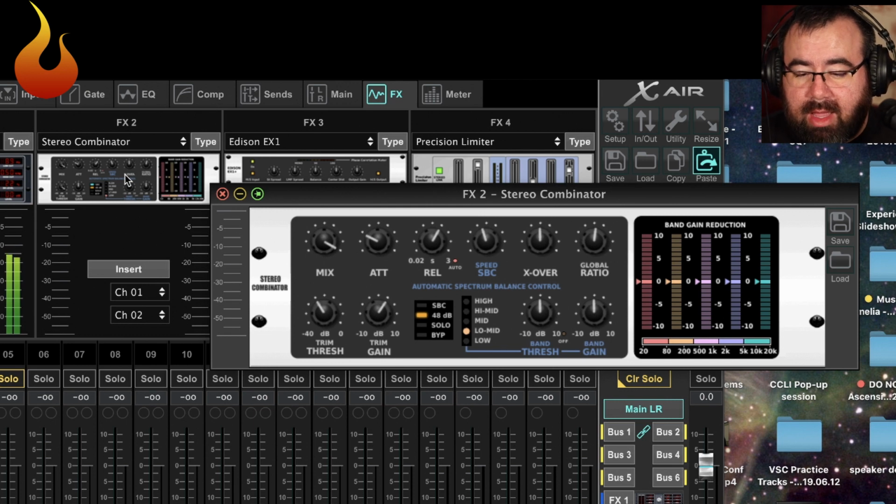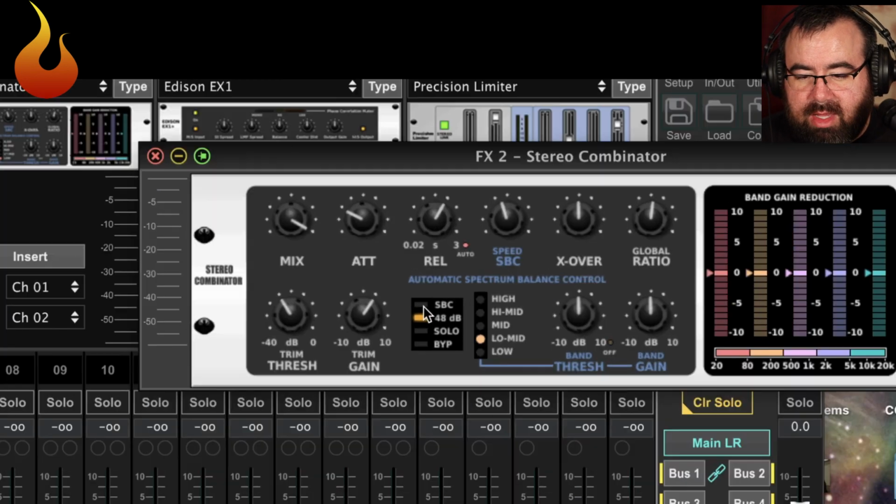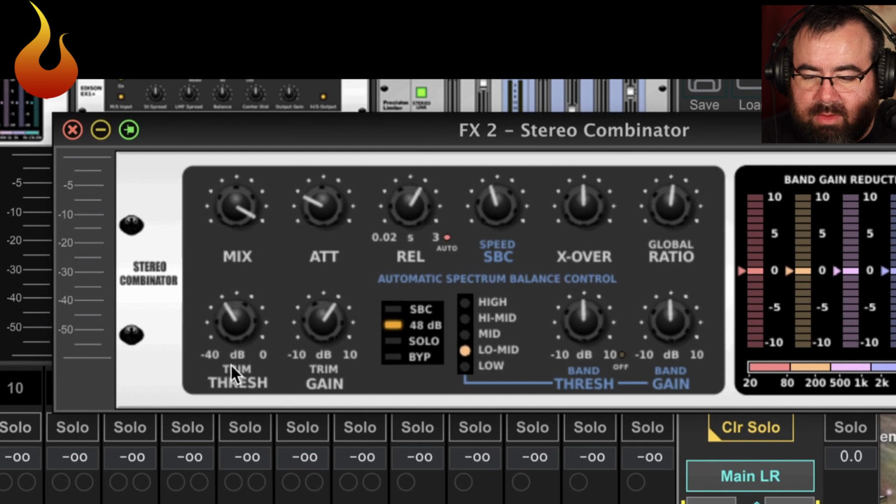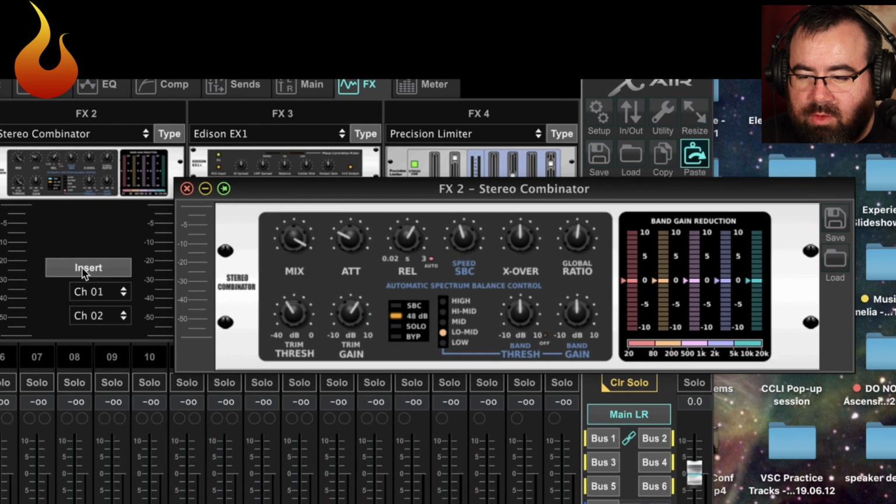The way I did it is I went through and turned off SBC. SBC is the automatic gain compensation, basically, for how much we're compressing. And then I just simply turned down this effectively global threshold until we started seeing some compression happening. I was shooting for about 3 to 5 dB of compression on the reg. And then I made up for that by boosting up the entire signal 3 dB. Now, if you watch,